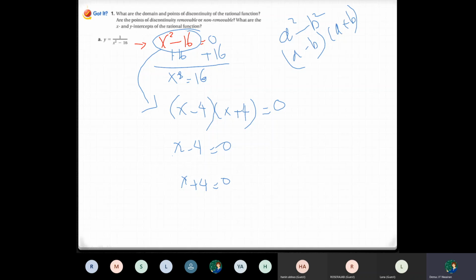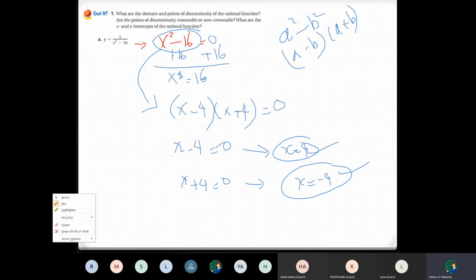x minus 4 equals 0, that means x equals 4. And x plus 4 equals 0, that means x will be -4. So here you have two values. This is one way. The other way that I mentioned,